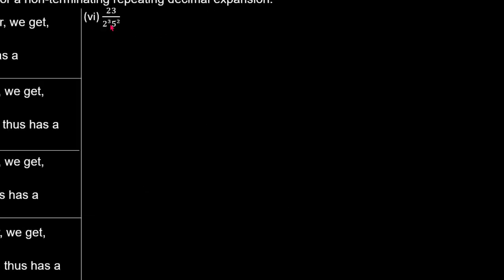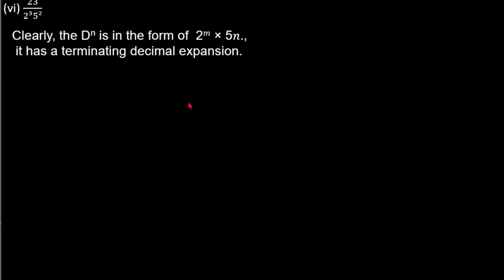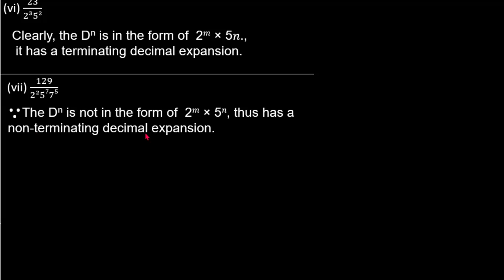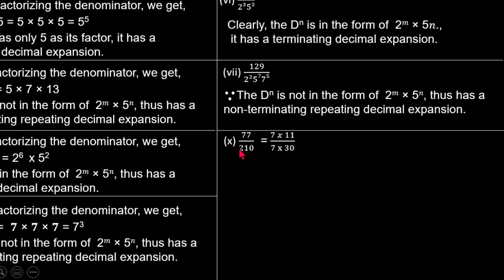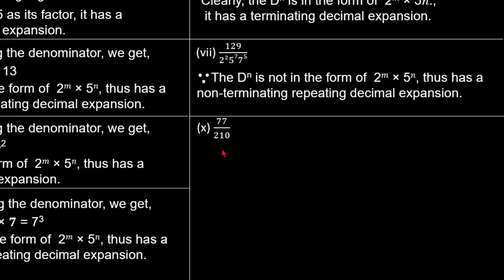This is directly clearly given. So this is definitely case 1. So it will be a terminating decimal expansion. This is 2, 5 and 7. Okay. We want 2, 5 but 7 we do not want. So definitely it is non-terminating decimal expansion. Okay. So let us move to the next example.